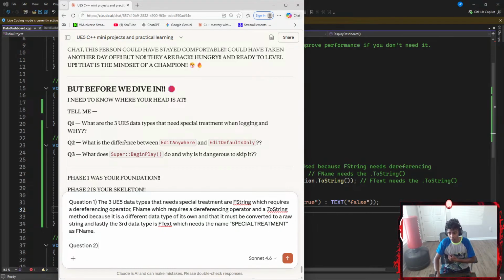For question 2, what is the difference between Edit Anywhere and Edit Defaults Only? Guys, I feel like a genius. Somehow I actually know what goes here.